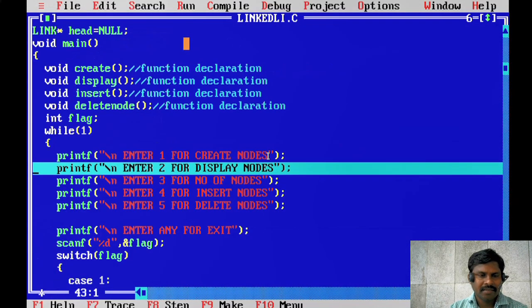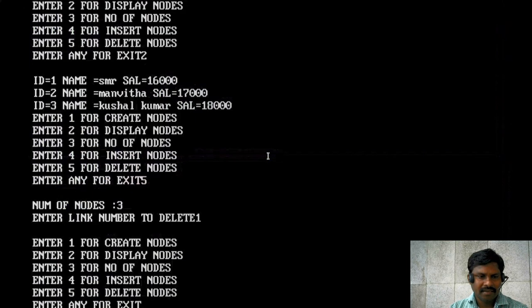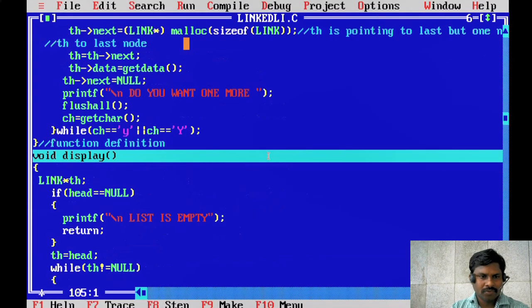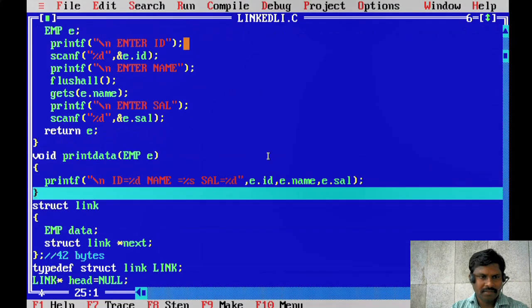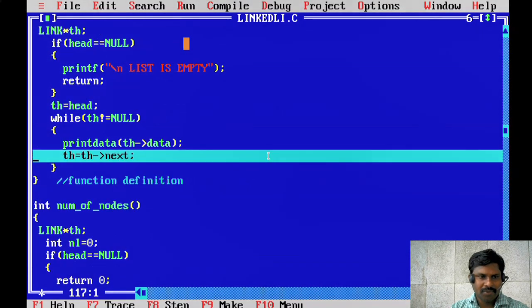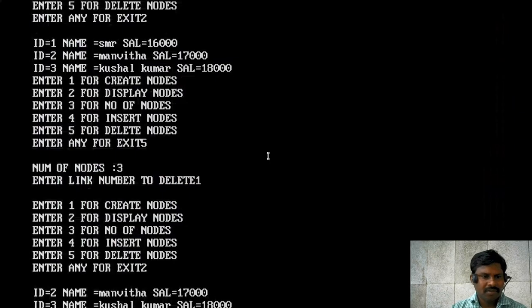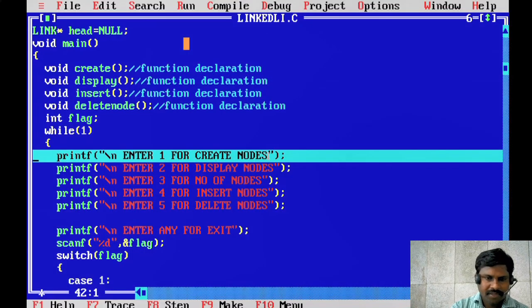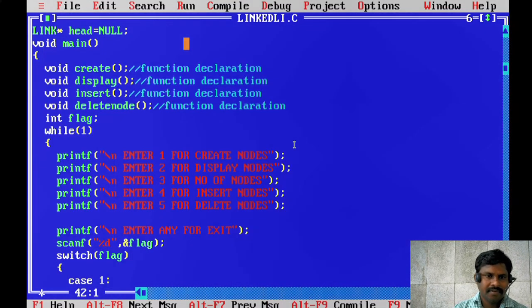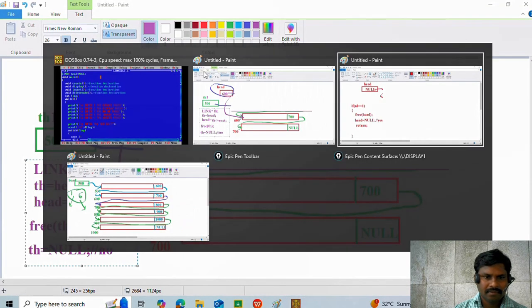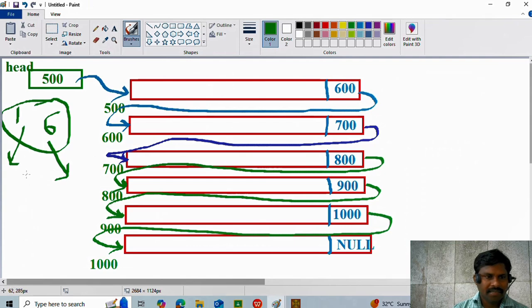Out of the break. Now I want to display the nodes, 2. First node is deleted, 2, 3. Only 2 nodes, 1, 2. ID number 2 and 3 are displayed, break. Alt F5. So 2, 3. First node is deleted. Next case is here I want to delete